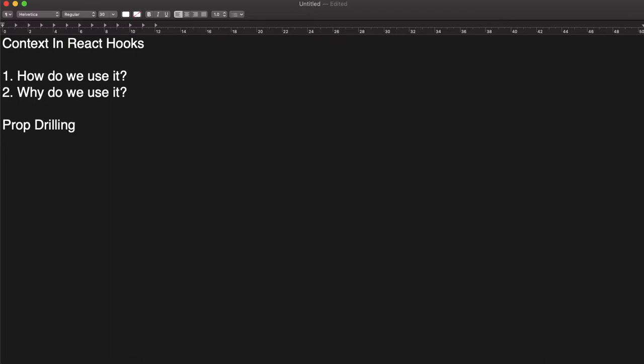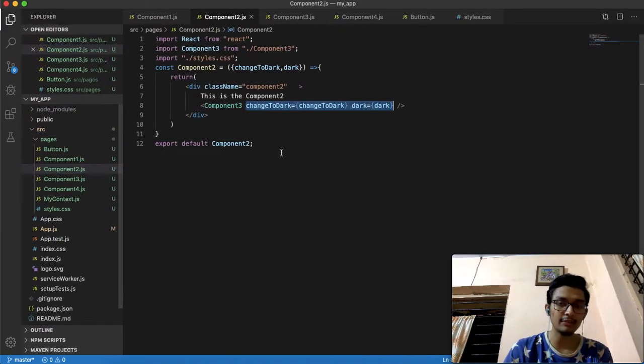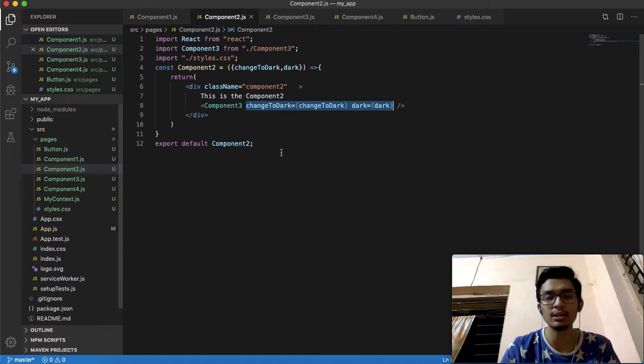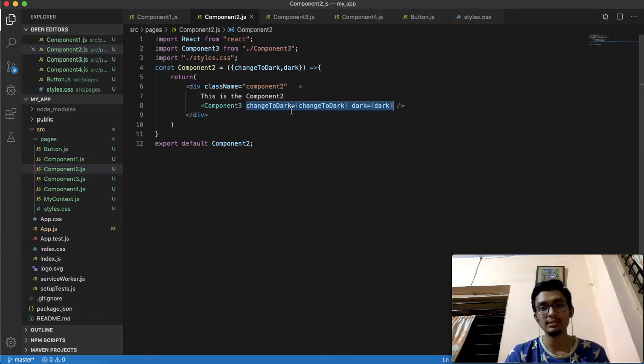Prop drilling is actually a disadvantage in React, and before context was introduced, this was a huge disadvantage. Because what happens if my project is huge, with like 15 to 20 components and multiple state values?